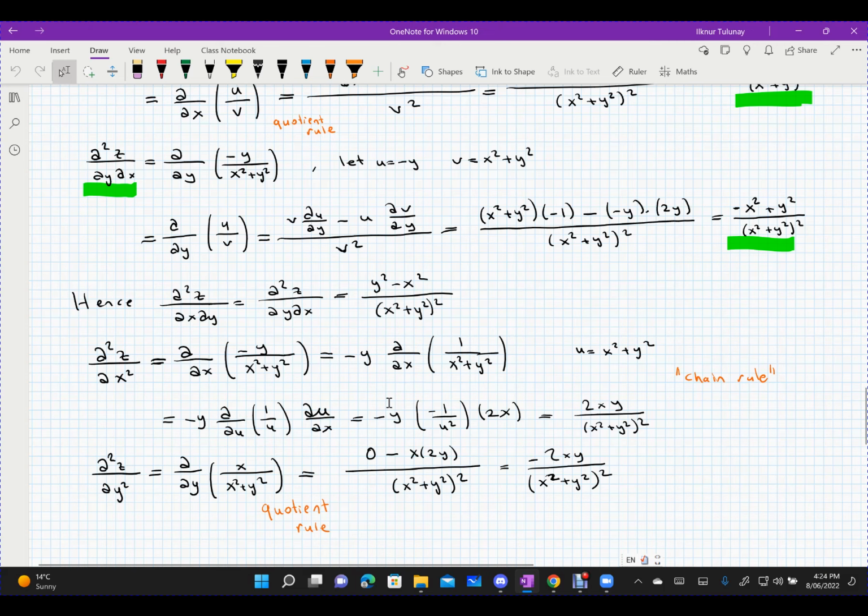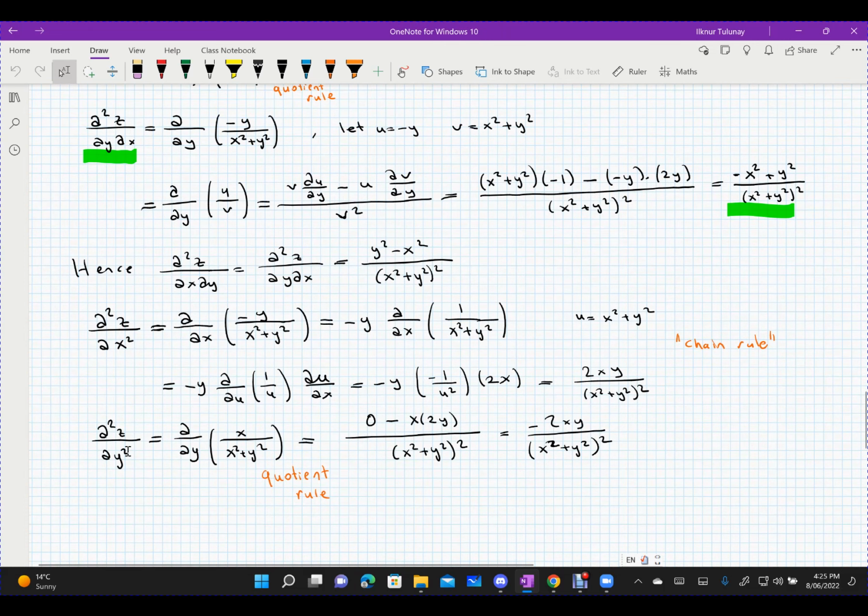So minus y is a constant. It stays there. So the derivative of 1 over u with respect to u will be minus 1 over u squared, and du with respect to x will be 2x. Now u squared is x squared plus y squared, squared, and we have a negative, that will be plus, so 2xy divided by x squared plus y squared, squared. As one way of doing it, I will show it here by using the quotient rule,